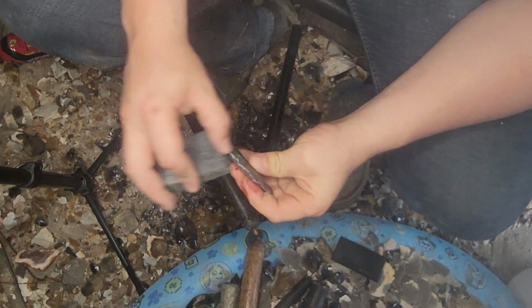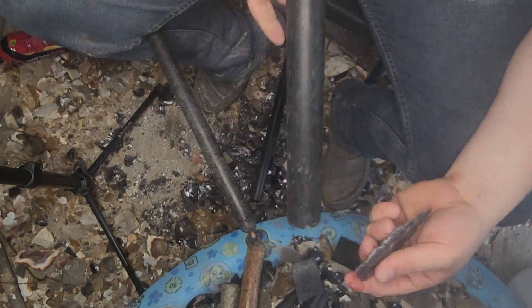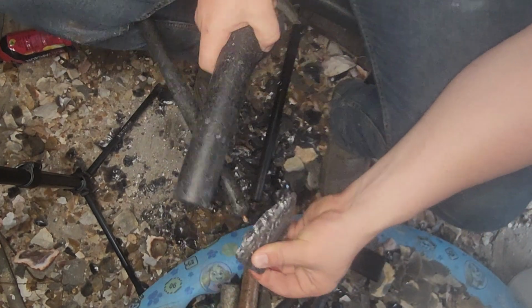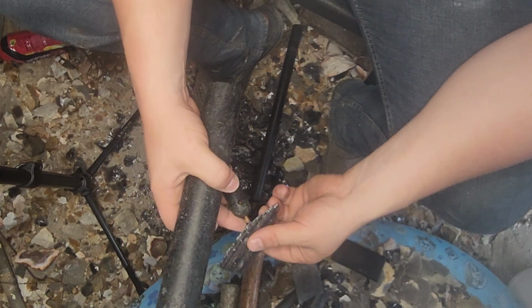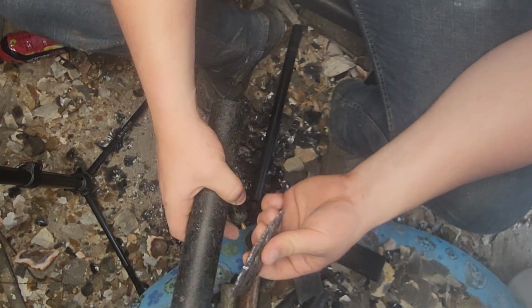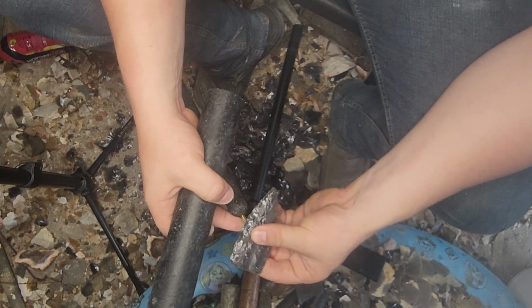It seems like I kind of use opportunistic flaking. I don't necessarily set up platforms. Sometimes I will if there's something like a hinge I'm really trying to get at, but a lot of times it just seems to work out that there's one right there by it I can get it with. So